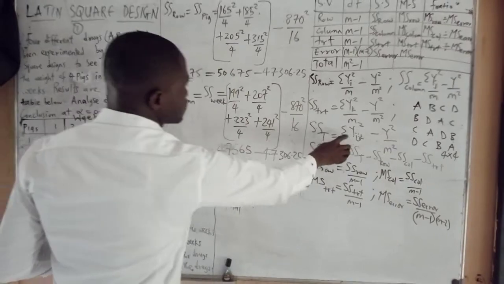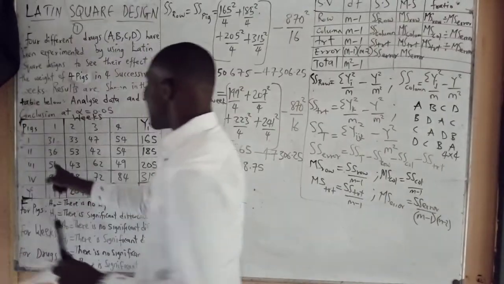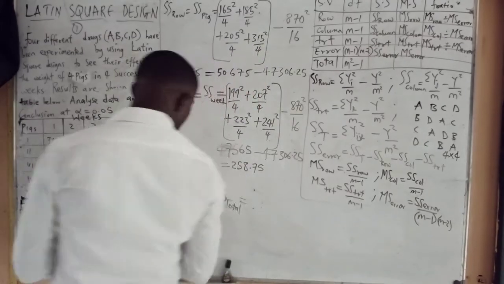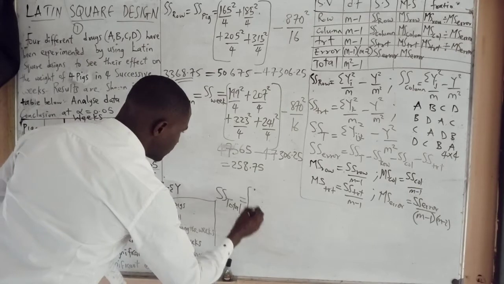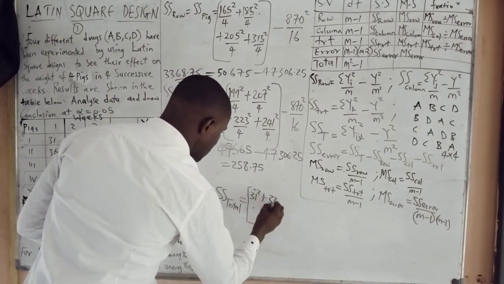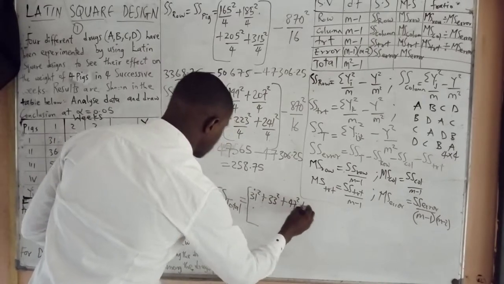So summation Yijk squared minus Y squared over m squared means that you square each of these one after the other. So what we will do is we say, okay, 31 squared plus 33 squared plus 47 squared plus